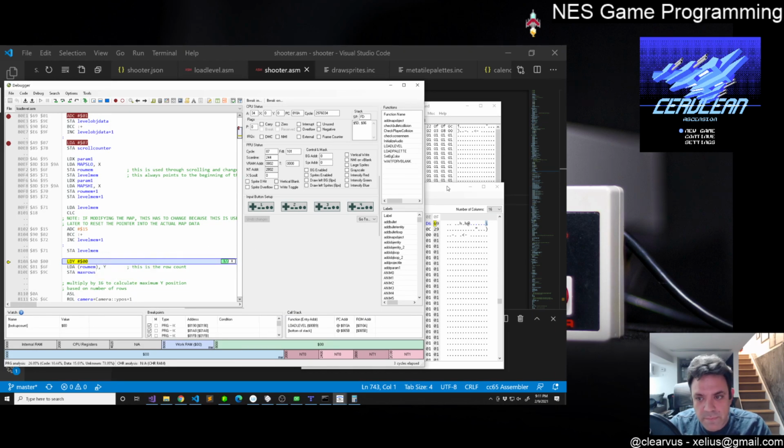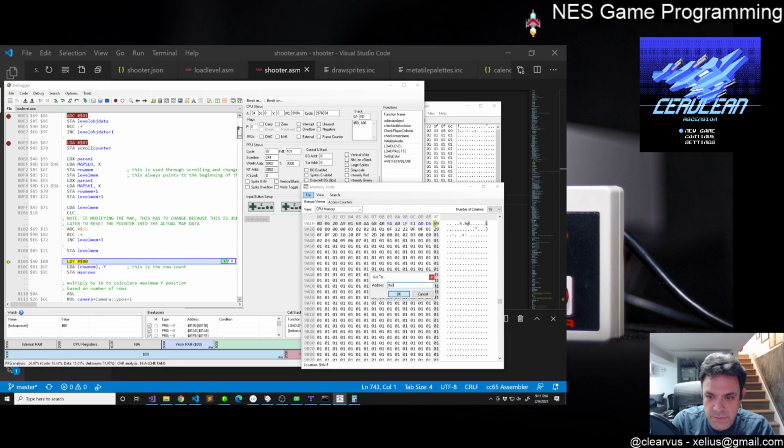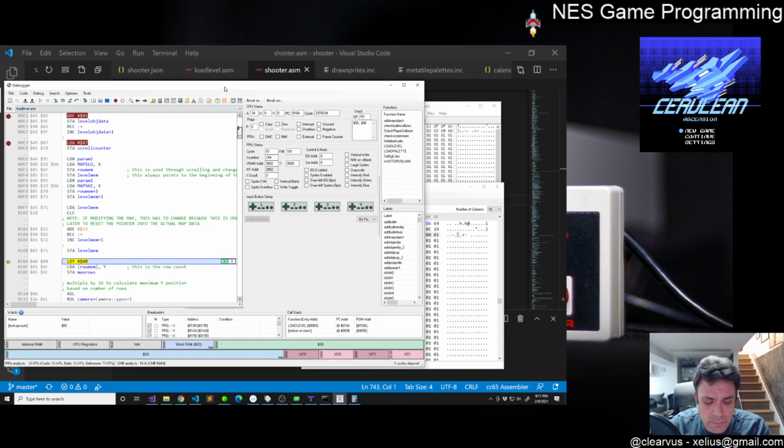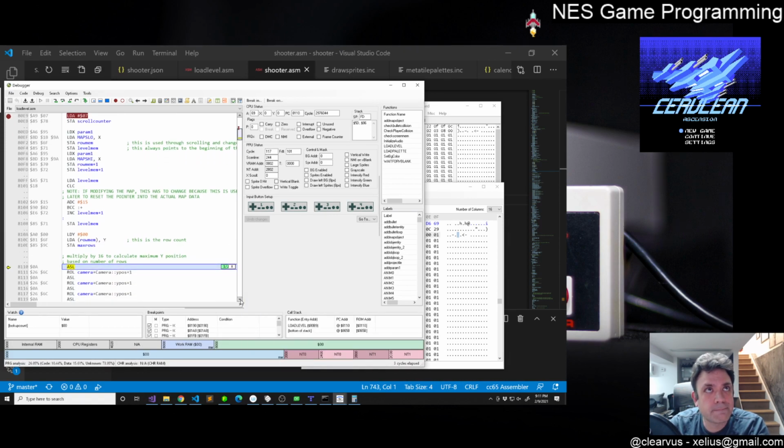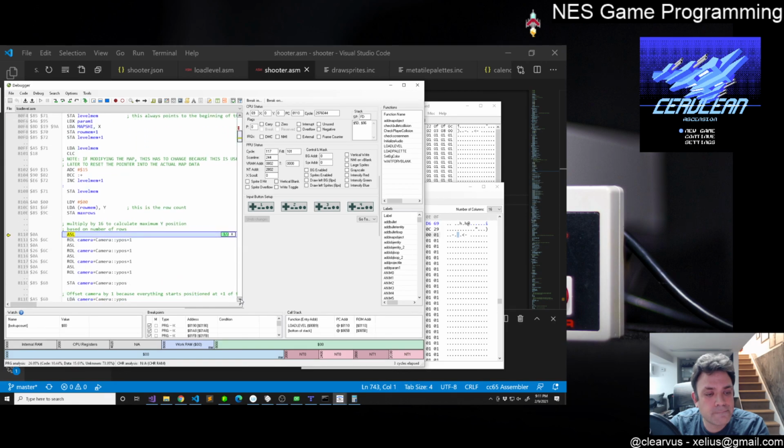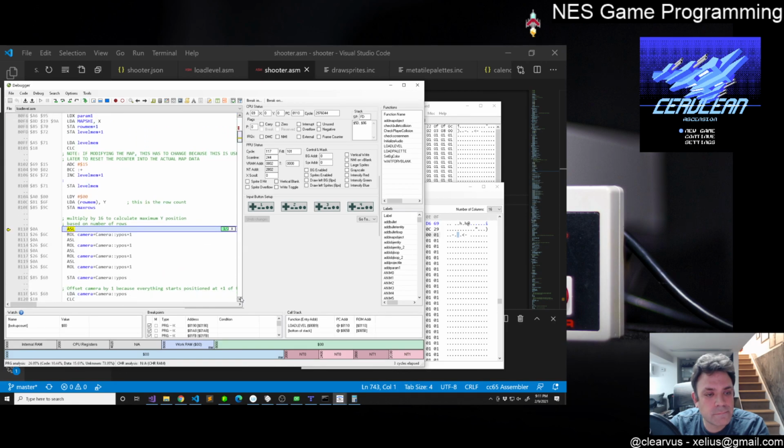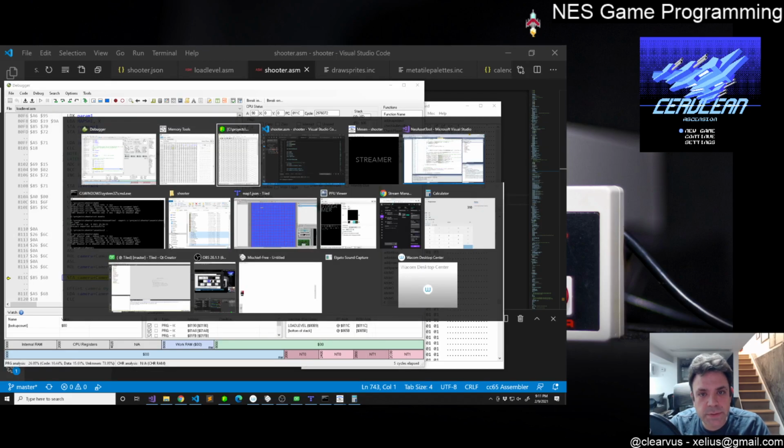So that's 9A34, which is, I believe, let's see, skipping some of the header information, but all right, so we load 69 as the max rows. We'll get our camera position. What's weird is